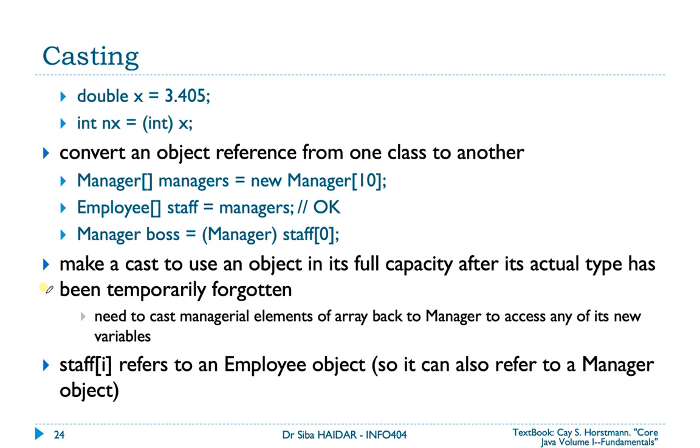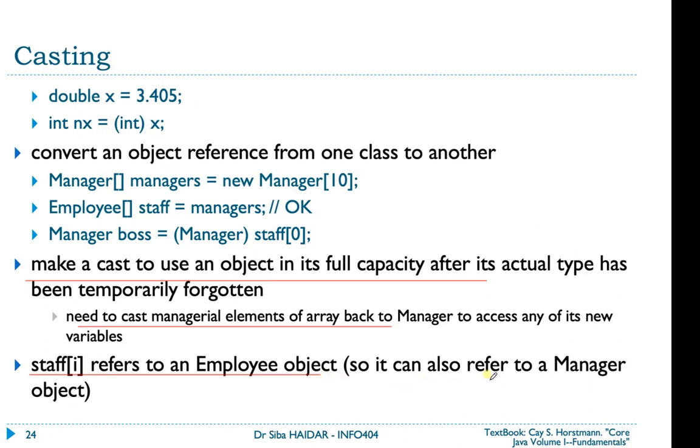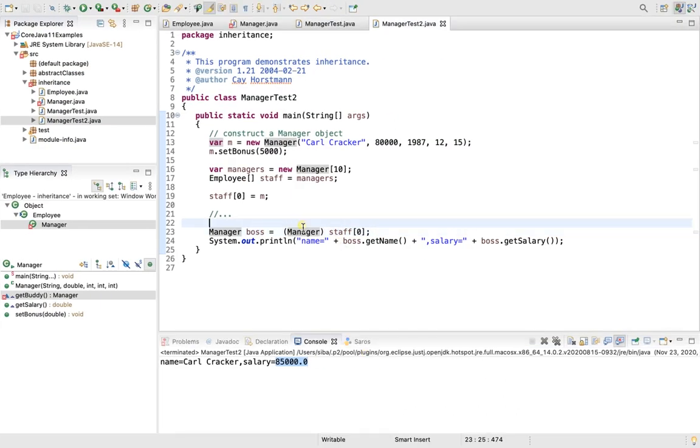You can make a cast to use an object in its full capacity after its actual type has been temporarily forgotten. You need to cast managerial element of an array back to manager to access any of its new variables. So staff of i refers to an employee object, so it can also refer to a manager object. If there is no relationship, you cannot cast anything. You cannot cast here, for example,